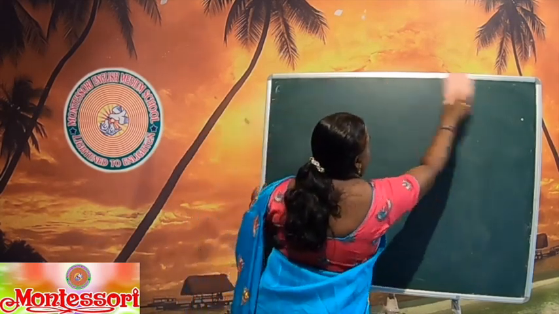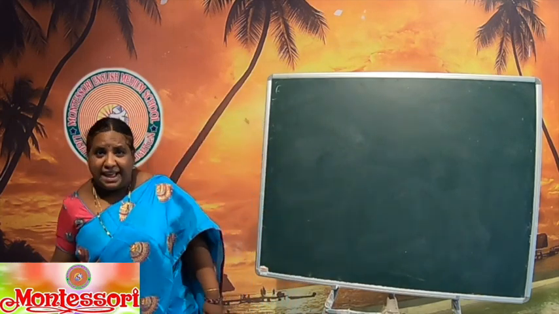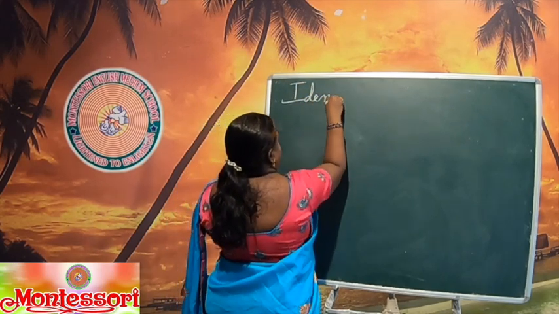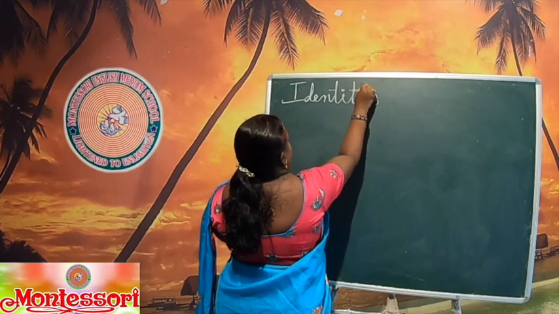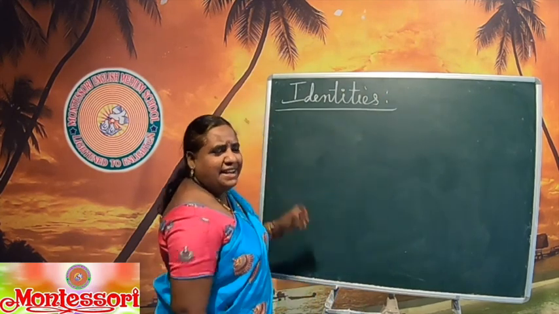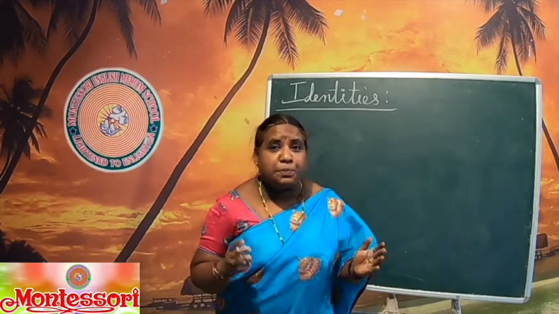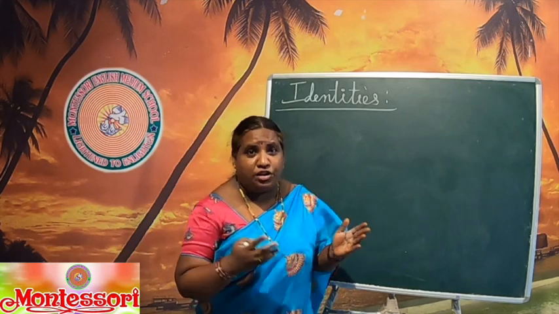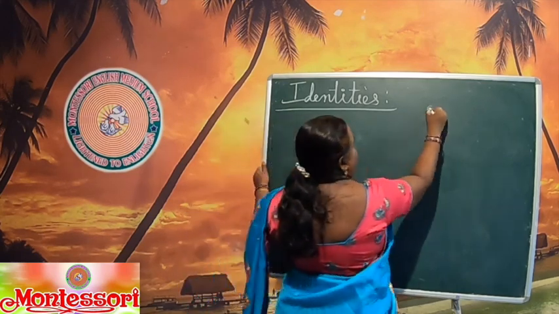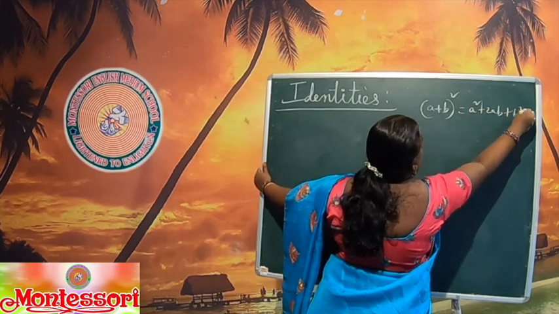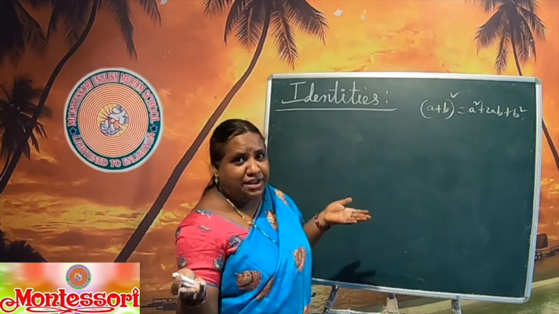So till now we discussed complementary angles, and the next new important topic is identities. Trigonometry identities. First of all, what is an identity? We got it in 8th class, I think, when you get an algebraic formula like this: (a plus b) whole square is equal to a square plus 2ab plus b square. In such a way, (a minus b) whole square is equal to a square minus 2ab plus b square.